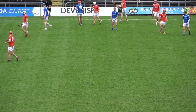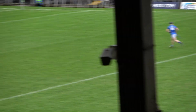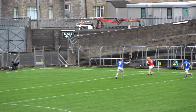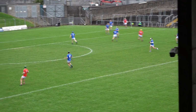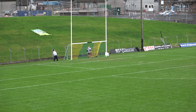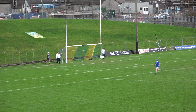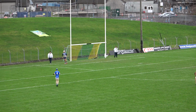James Murray is deep inside the wing back position, taking this free. Drills a flat ball in towards Dougie. Dougie's made a nice run over the sideline. Dougie got us the ball. He's right on the sideline. Plays a lovely ball back towards the D, towards Mikey Cole. Mikey Cole made a lovely run there. Mikey flicks the wrists, drills the ball in, and puts it up, and it's just gone to the left and wide. Bit unfortunate there from Mikey. Lovely play from Dougie. Great run from Mikey Cole, but the final product just didn't have the quality that we